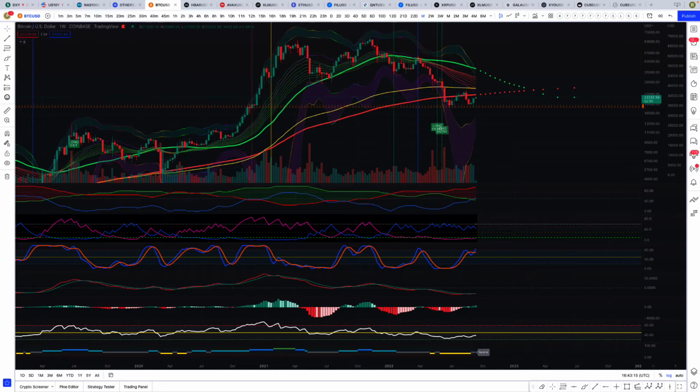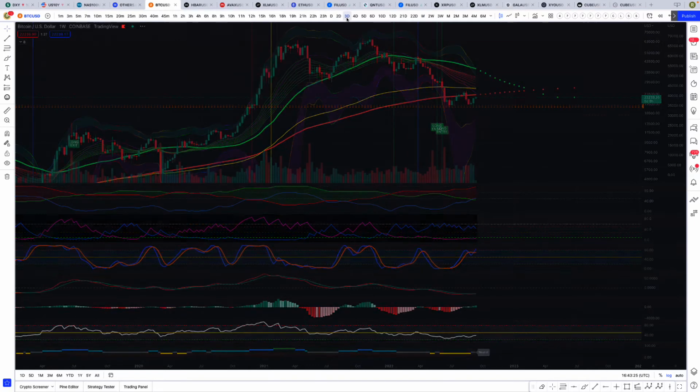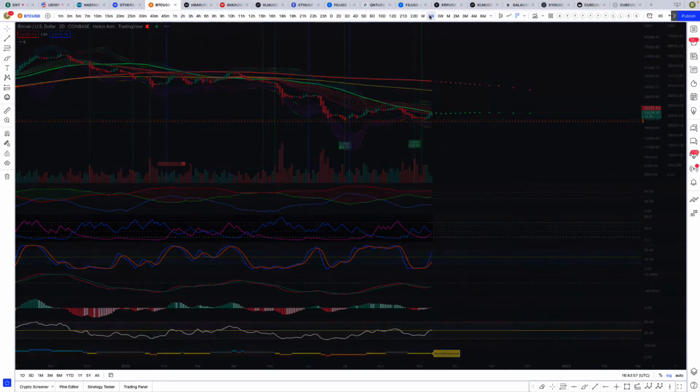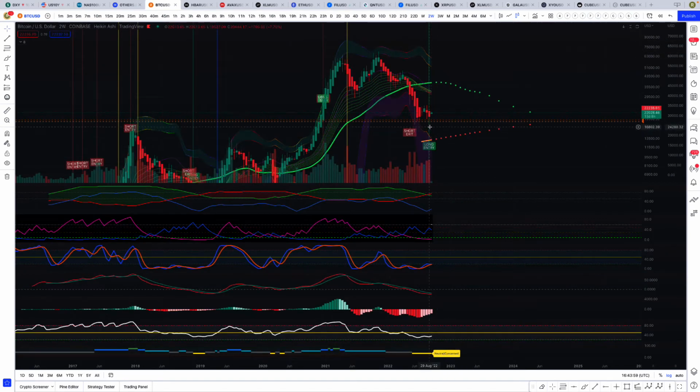If I pull up the Discord, it looks like it says that we had a weekly buy now. Yeah, we had a 1 week buy now and a 2-day buy now. So let's go to the 2-day. So I'm not sure why it went away, but I'm looking here in the Discord and it says 1 week buy now, 2-day buy now. So it's likely we bottomed. We got the long entry here. We got multiple green candles. We have a cross up on the stock RSI, TSI, MACD. RSI is getting above this median yellow line. All good.